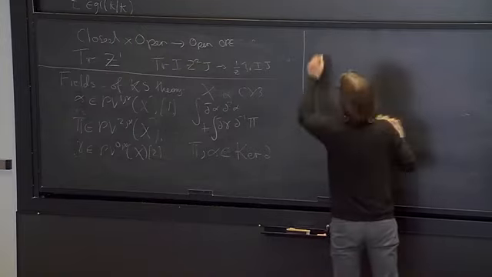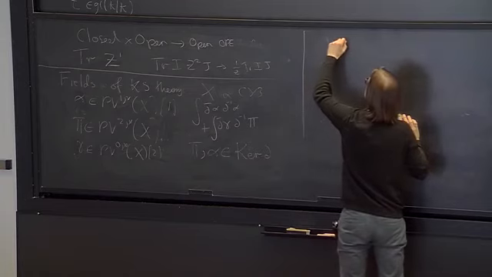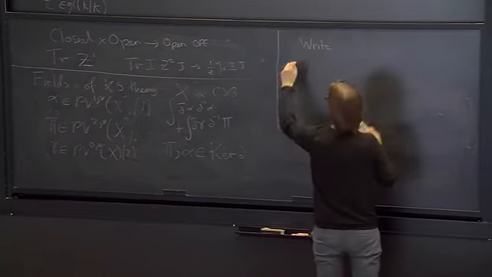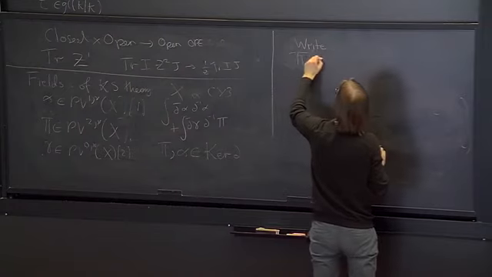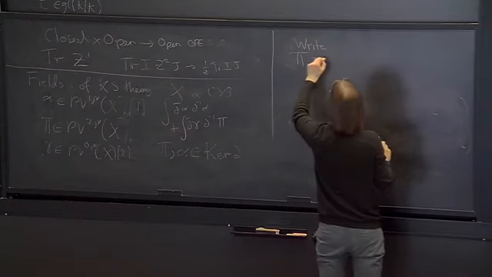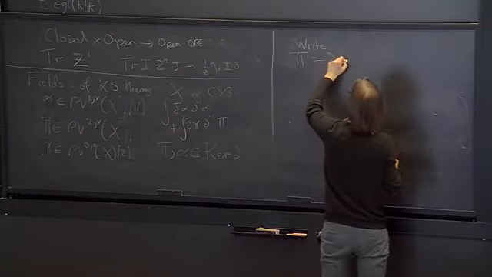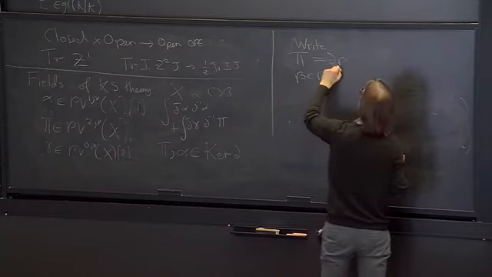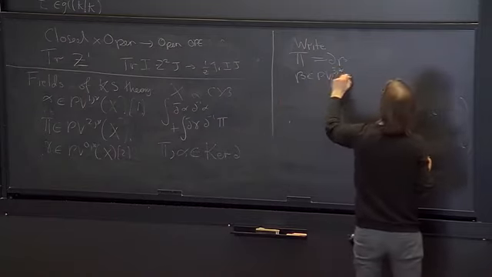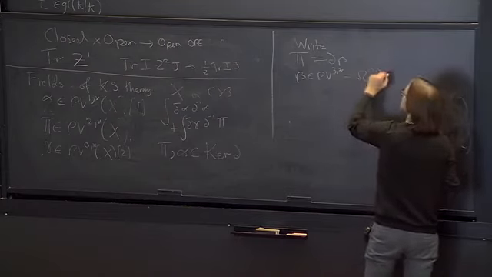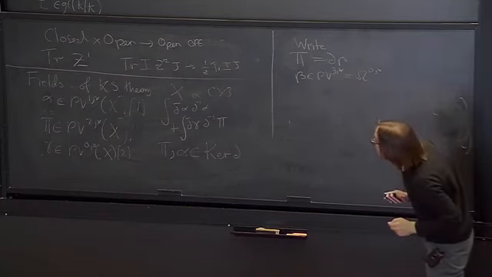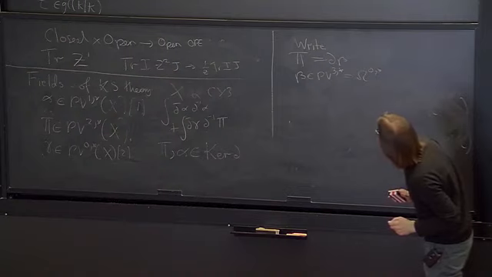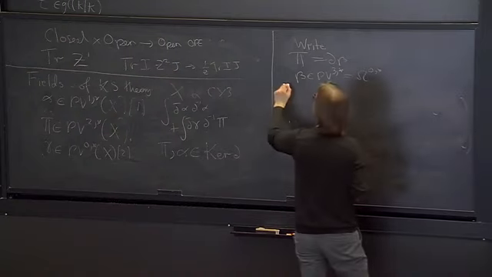So you simply write pi as del beta, where beta is in PV 3 star, which is equal to omega 0 star. And that's it. And then the kinetic term looks like